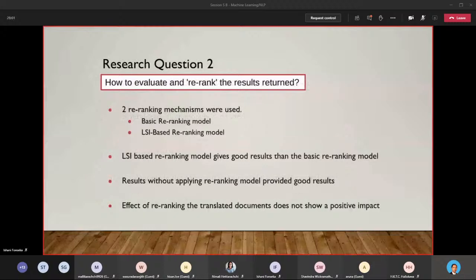2 re-ranking mechanisms were used, and the results of evaluation 1 showed documents obtained after re-ranking them using an LSI-based model gave good results compared to the basic model. But the documents obtained from the queries translated using Google Translate without applying re-ranking were more relevant. Evaluation 2 also shows that the LTNN translation model performs well without re-ranking. Hence, it can be concluded that the effect of re-ranking the translated documents does not show a positive impact,